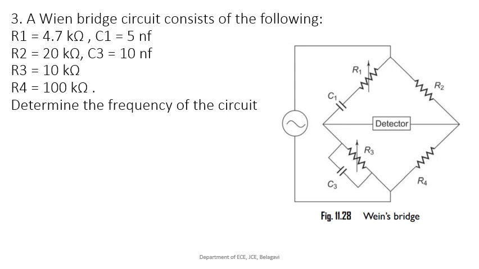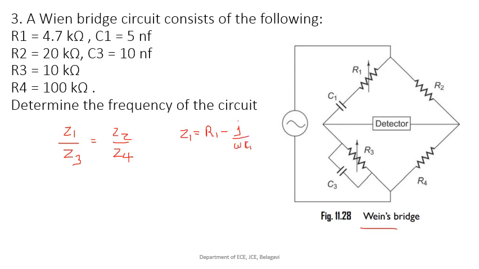Okay, third problem, the Wien bridge circuit. Again we will use the relationship Z1 by Z3 is equal to Z2 by Z4. Remember, in the Wien bridge, your Z1 will have a capacitance in series with the resistance. So Z1 will be like this. You have to write R1 minus j divided by omega C1.